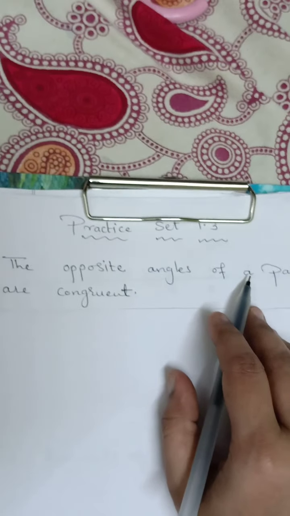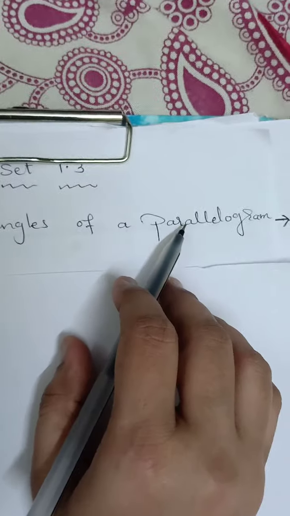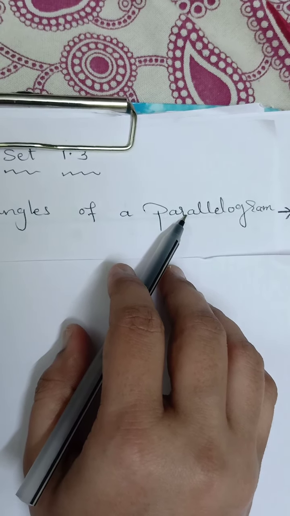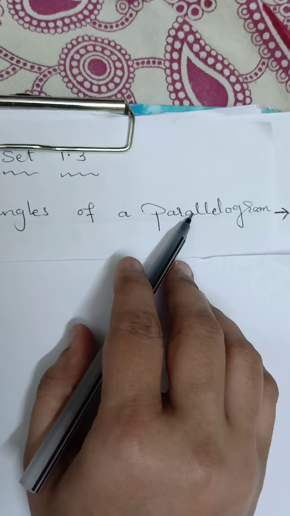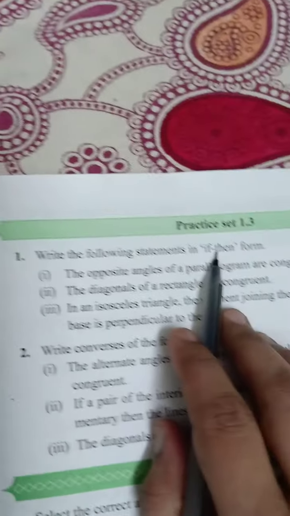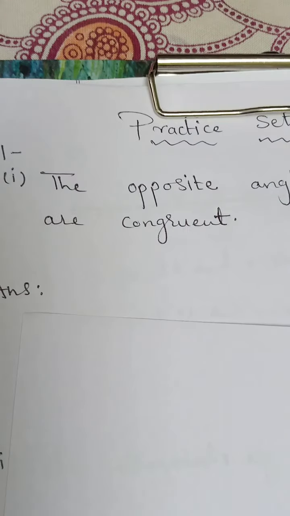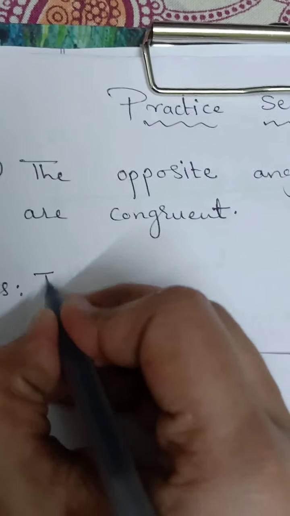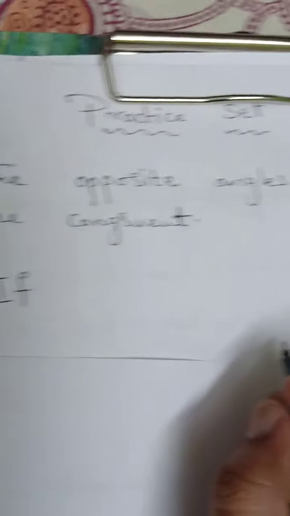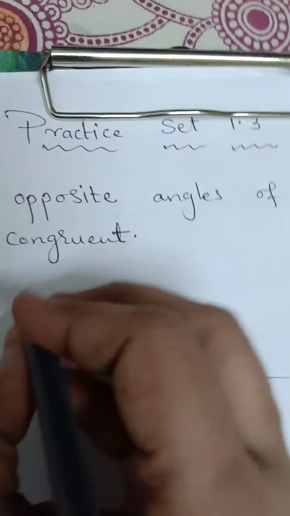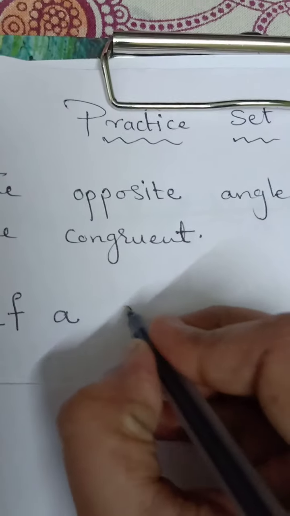Okay. Now first of all we have to see which figure this statement is about. So here it is given about the figure parallelogram. I have explained just now that a parallelogram is nothing but a quadrilateral. Now we have to convert the statement into if-then type. That means we have to start the statement with the word if. So how can we start it? See here. First of all we will write if. Now it's about a parallelogram, and a parallelogram is nothing but a quadrilateral. So we will write: if a quadrilateral